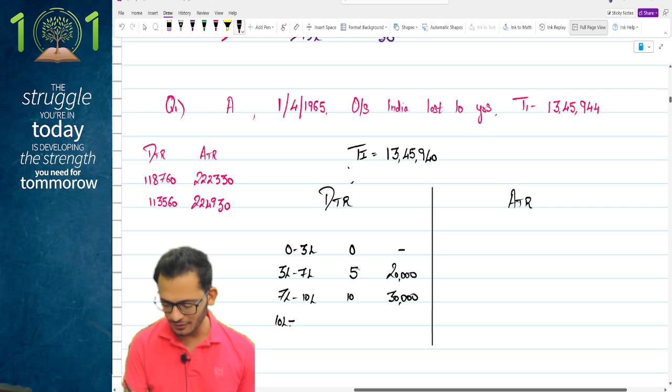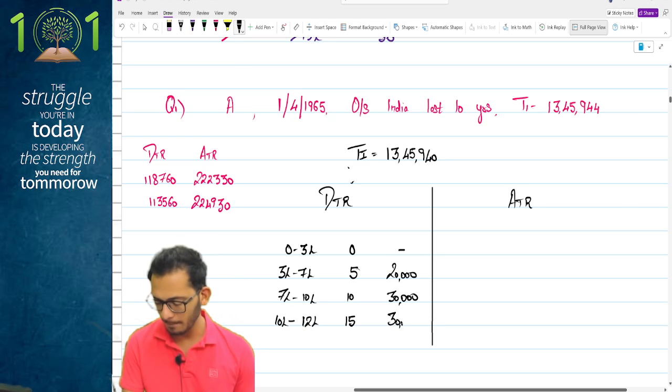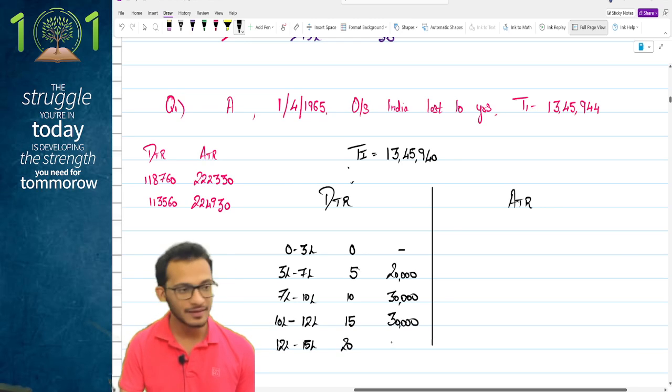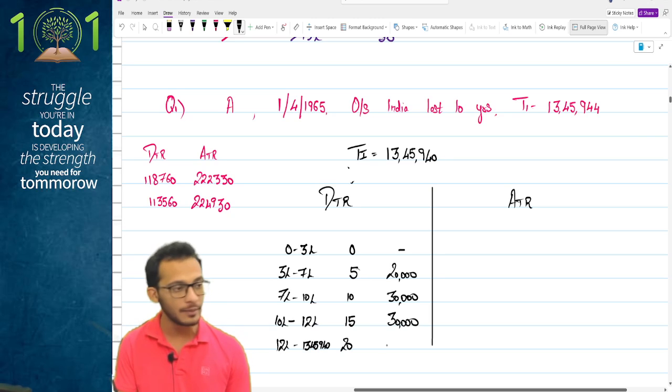Throw your book, it's okay. 15%, the number is the same, 30,000. 12 lakh to, sorry, okay, so 12 lakh to 15 lakhs, it is 13,45,940, at the rate of 20% will become